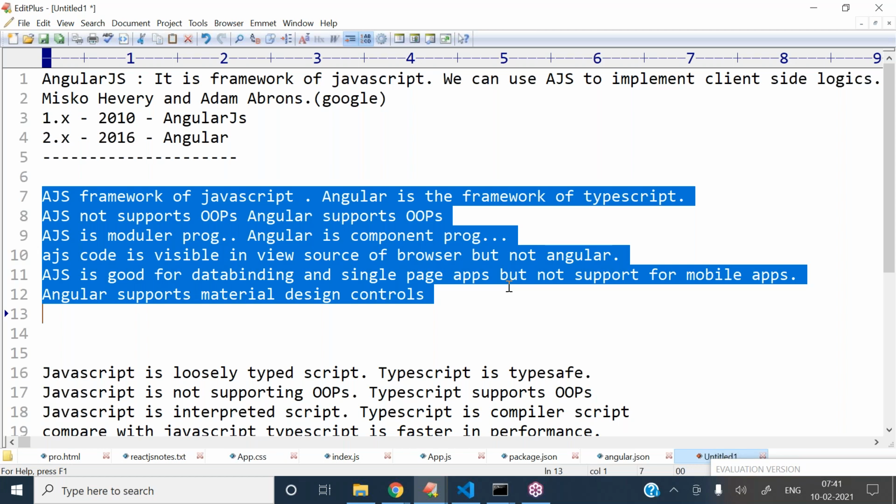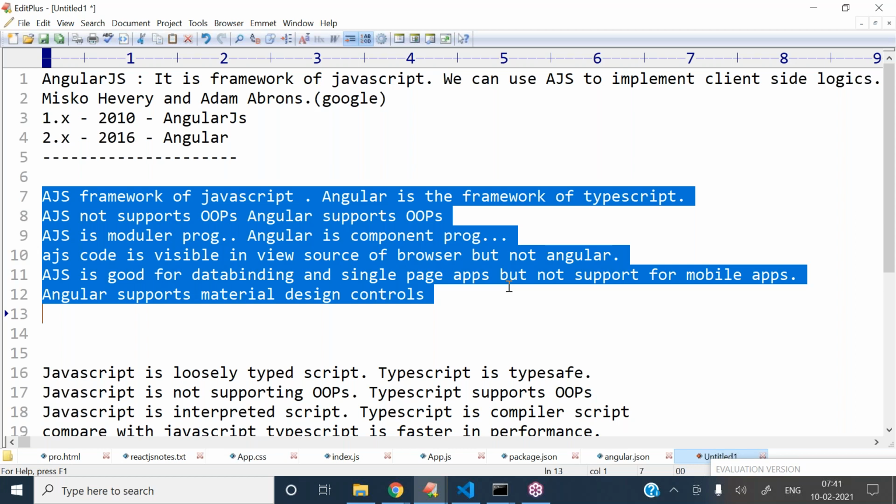Next point, AngularJS is modular programming, with functions used to maintain the logics. Angular is component programming, where we use classes to maintain the logics.